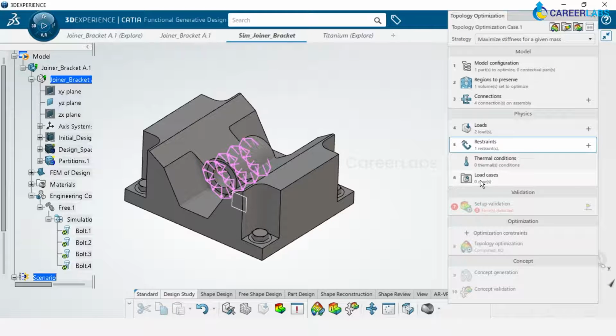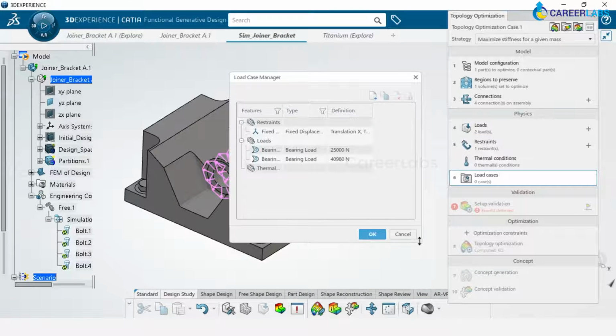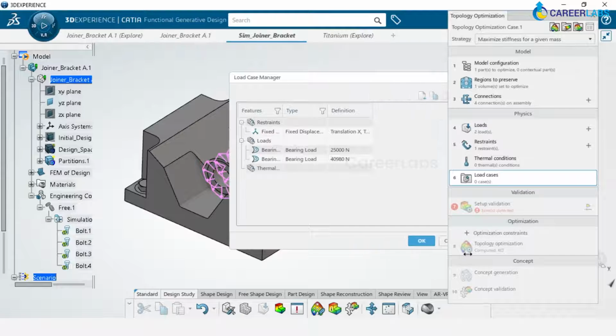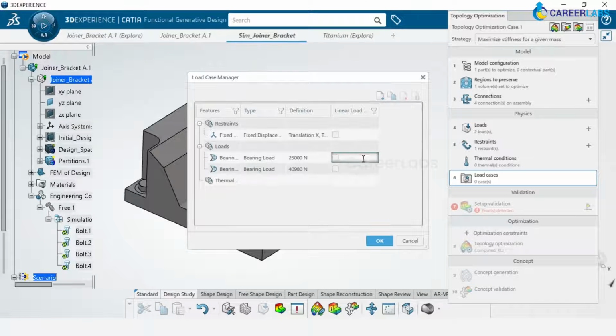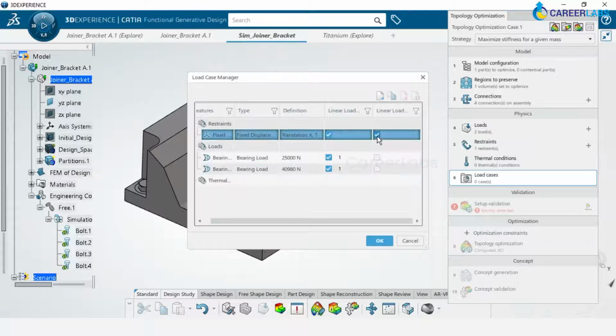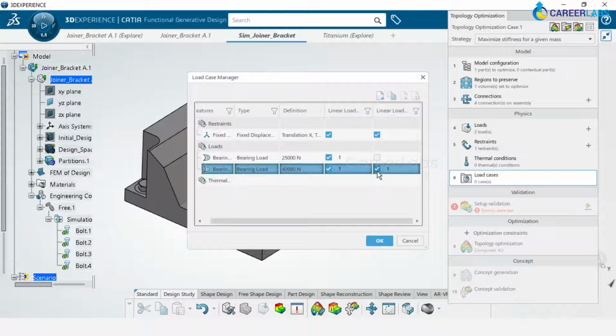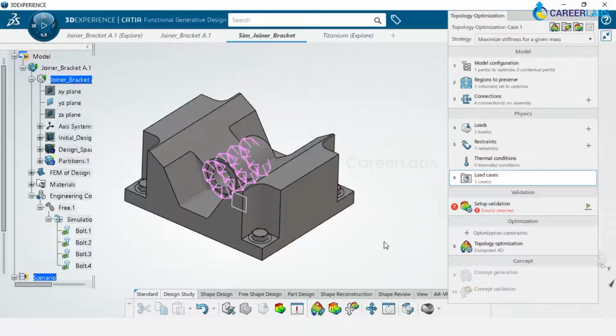Next, we have to create something known as load cases, which is one very interesting thing, where with one input you can create multiple load cases. But for this simulation, we need basically one load case where I would say restraint to be considered, as well as bearing load, both bearing loads need to be considered. If I want, I can also create another load case where I would say consider restraint and bearing load 2 only. Okay, but let's not focus on this, so I go and delete it. We'll have only one linear load. I go and click on OK.